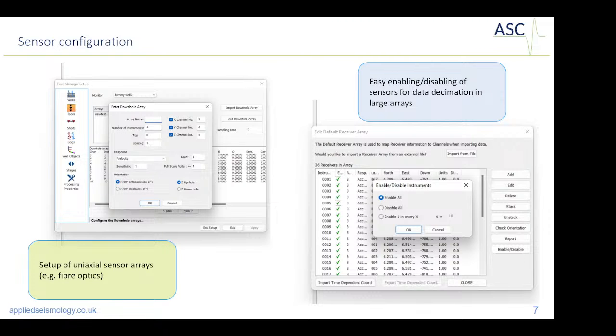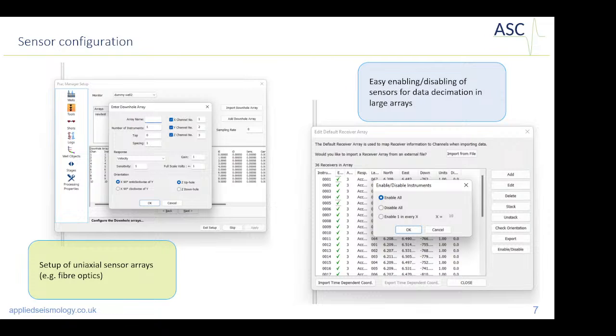The objective of these changes is basically enabling the addition of Uniaxial instruments in downhole, so the automatic addition of Uniaxial instruments downhole using Frag Manager,